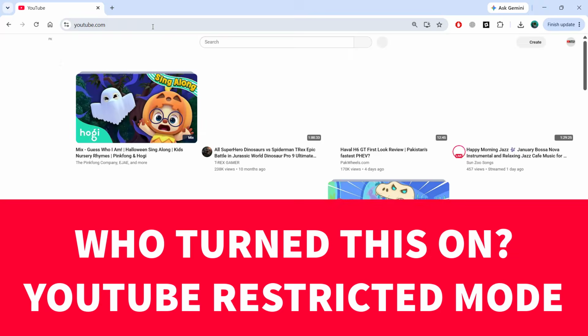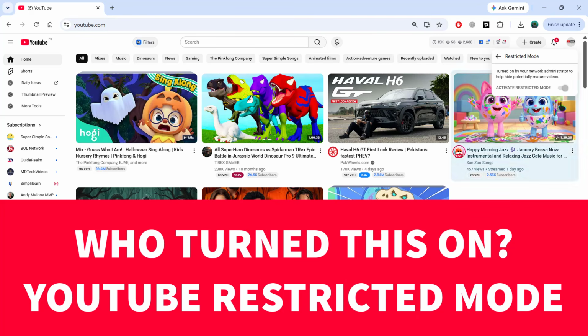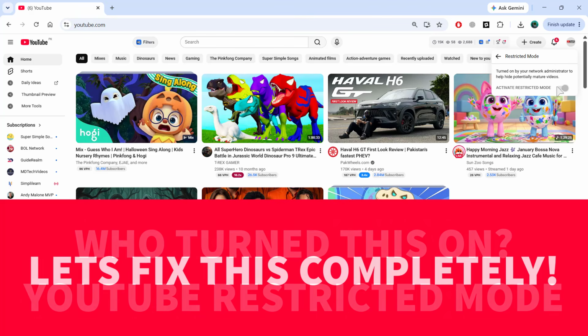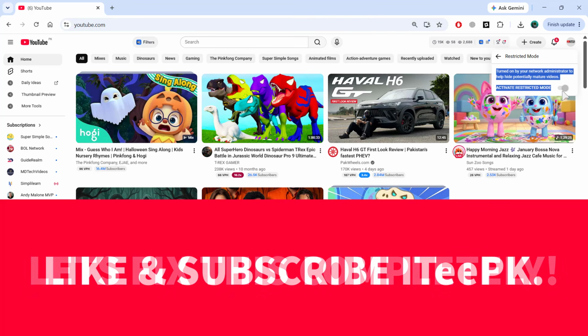Is your YouTube restricted mode suddenly turned on and you can't turn it off? You click the toggle but nothing is happening, and YouTube says restricted mode is turned on by your network administrator. In this quick video, I will show you how to remove restricted mode on YouTube and get the toggle working